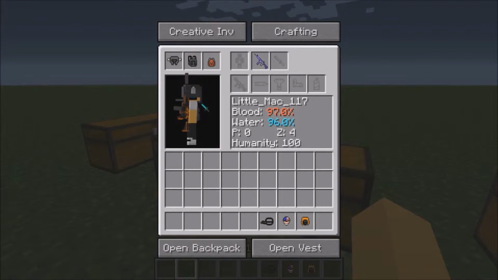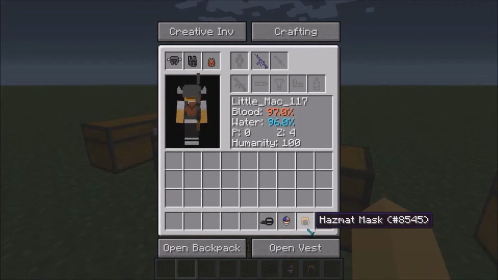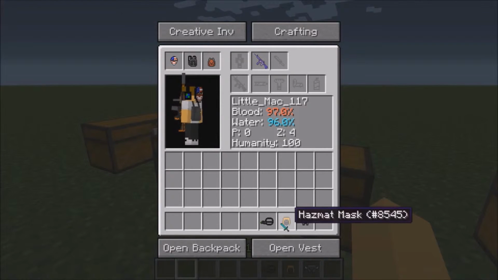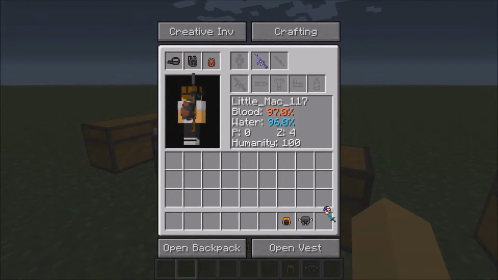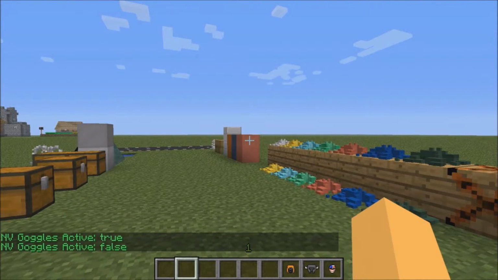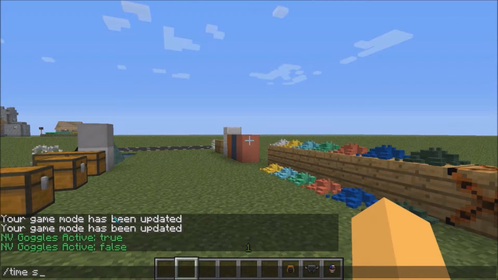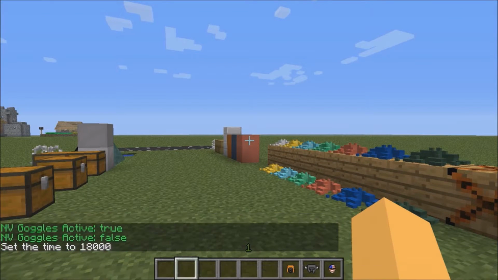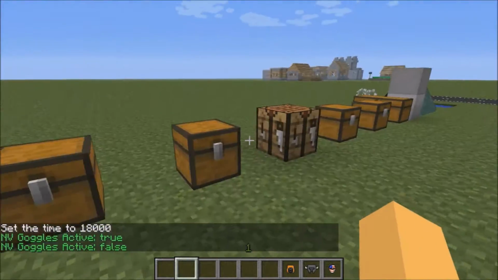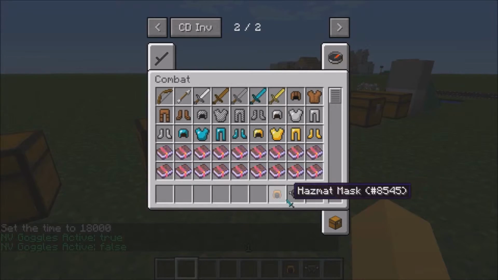Of course, the Skyrim themed helmet there. You got your hazmat. That thing. And then, of course, the night vision goggles, which I believe is N. Yep. Let's go ahead and change the time. Set 100 seconds. As you can see, it helps. I have a thing set so that it resets the time. But anyway,